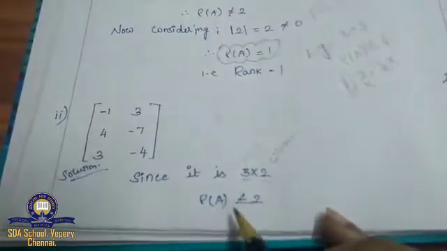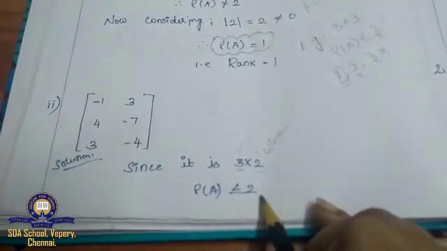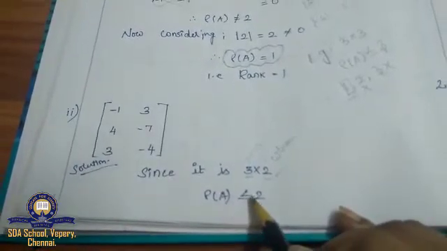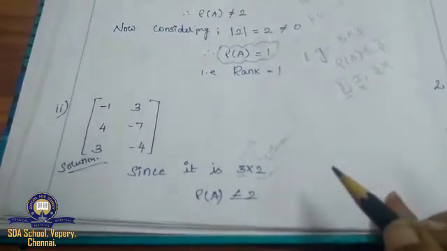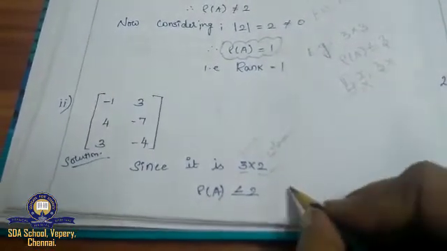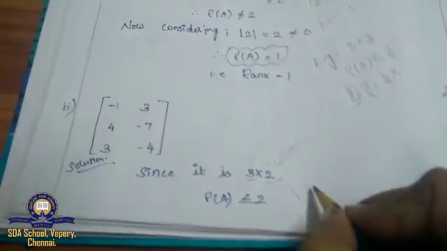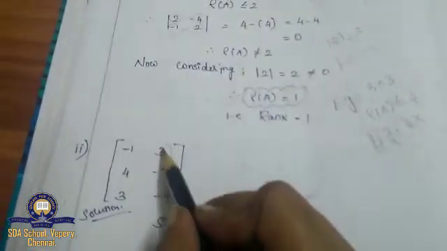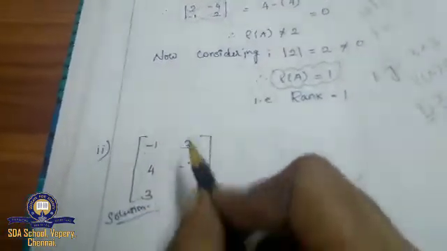So now what does the rank of A become? Rank of A should be less than or equal to 2. Since here it is 2, rank of A will be less than or equal to 2. So now what are the possibilities? What are the ranks I will be getting? Either my rank will be 1 or it will be 2. So for finding the rank, what should we do? We can take any 2 cross 2 matrix, either this 2 cross 2 matrix or this 2 cross 2 matrix. So we can take anything.